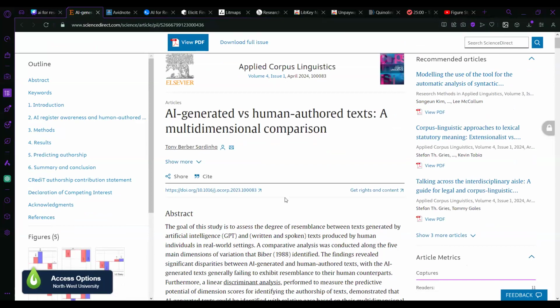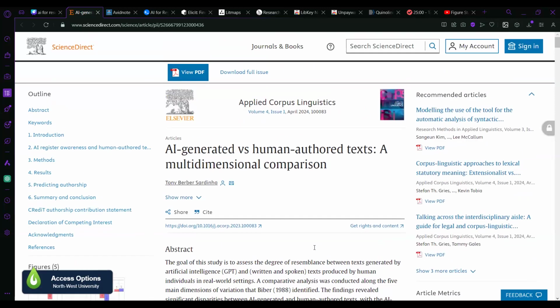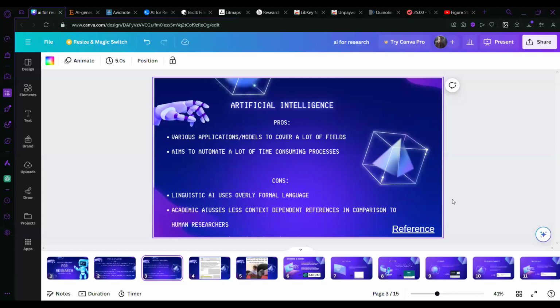article that I found interesting is about linguistics and how linguists have been tasked to try and see which text is written by humans and which text is written by AI. At the moment, they can tell which text is written by AI, but they say it's becoming more and more difficult to distinguish between the two. So again, that is machine learning being applied, and I think it's very, very interesting.